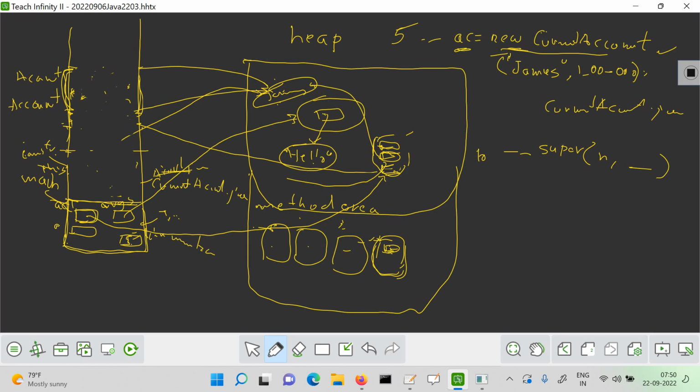Okay, let's just assume someone is calling AC1 dot withdraw. So someone says AC1 dot withdraw and some amount has been passed. If that's the next statement, the first statement was to create an object. The second statement, let's assume, is calling the withdraw method on a current account object. So if you look at the code for